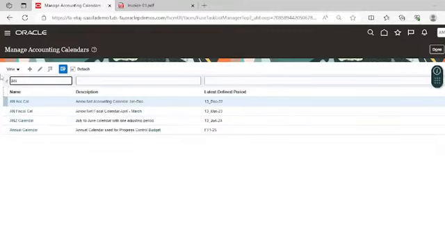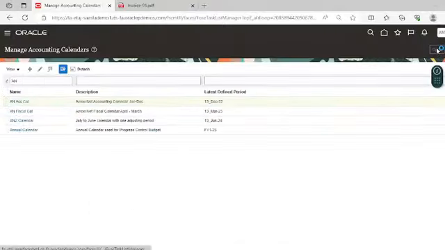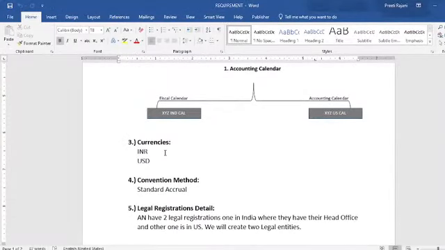So you can see now we have created two calendars as per our client's requirement. One is fiscal and one is accounting calendar. Now our next task is, as we know that Aeronet has its offices or legal registrations in two countries, and they are dealing in two currencies, that is INR and USD, then you have to enable these currencies in the application.